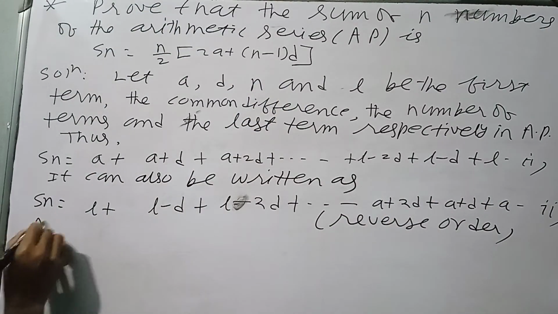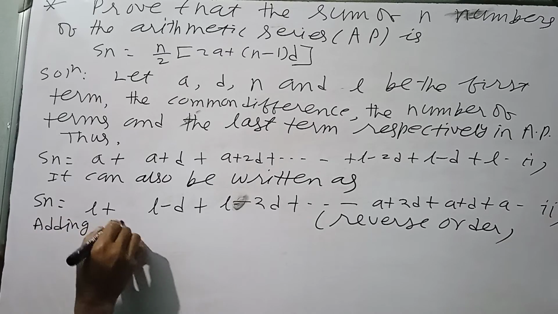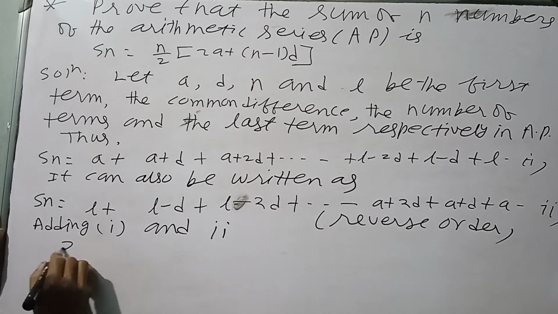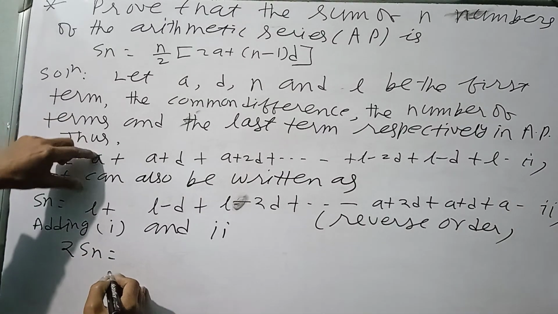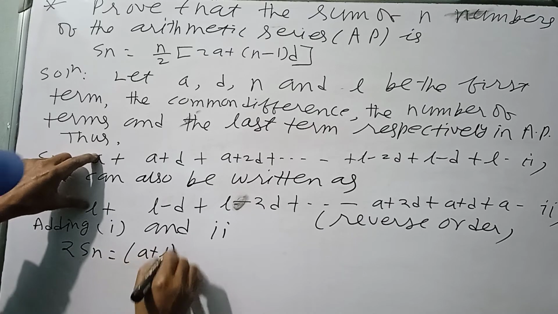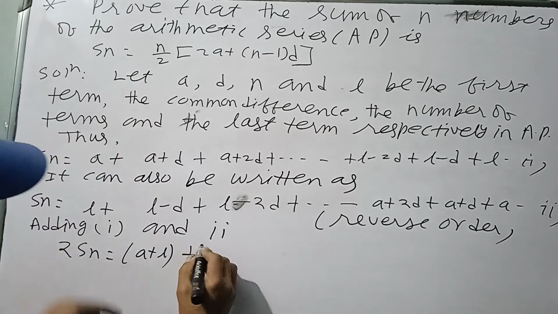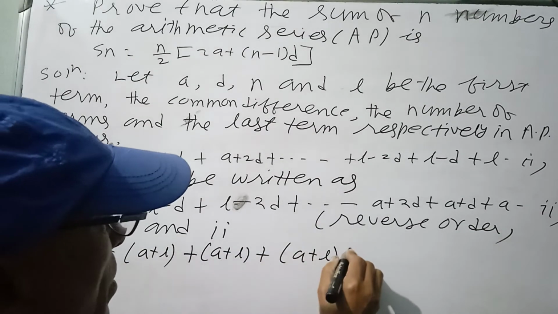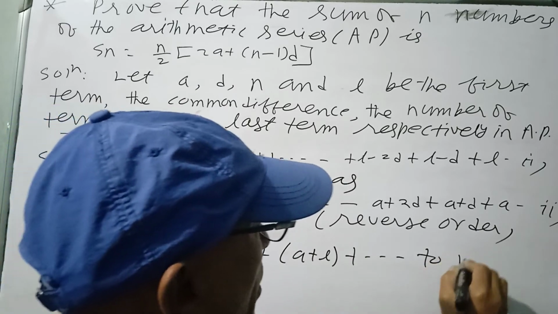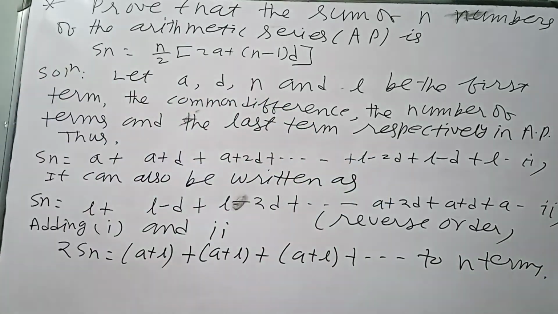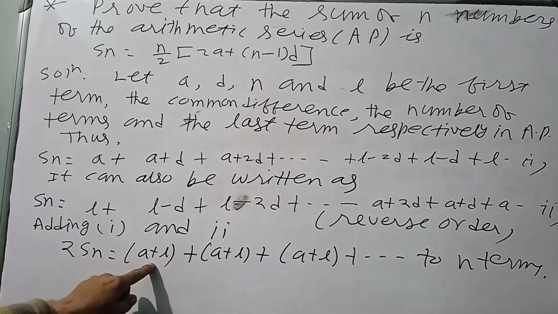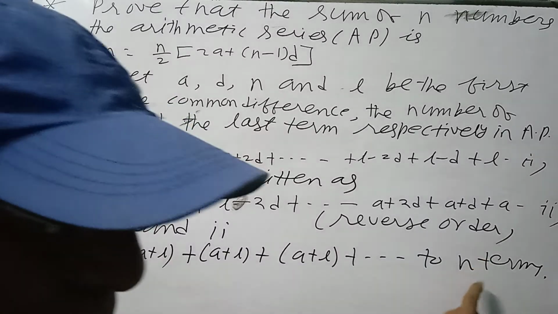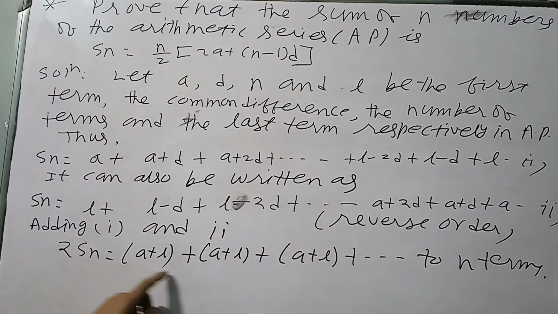Now adding equation 1 and 2, what do we get? Sn plus Sn, twice Sn. See, first term and last term, right? A plus l within the bracket, plus this d cancels, a plus l, plus a plus l, plus another, up to n terms. There are n terms. There are n times a plus l. How many a plus l are there? There are n times a plus l. Therefore, we can write